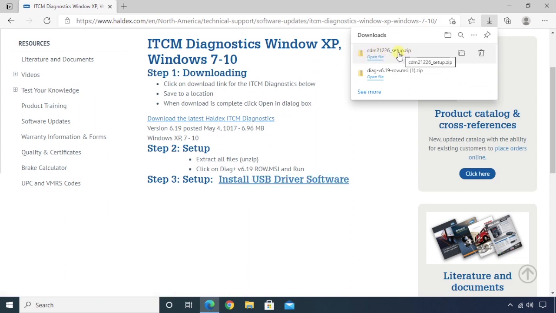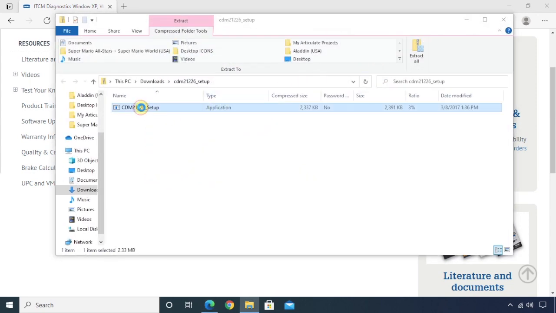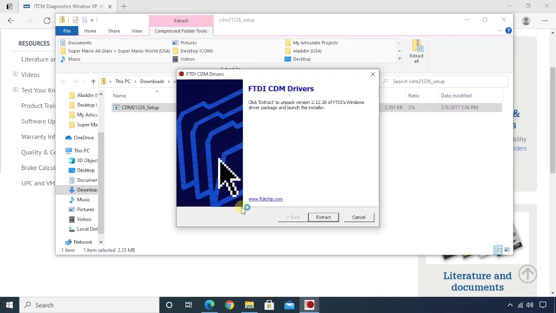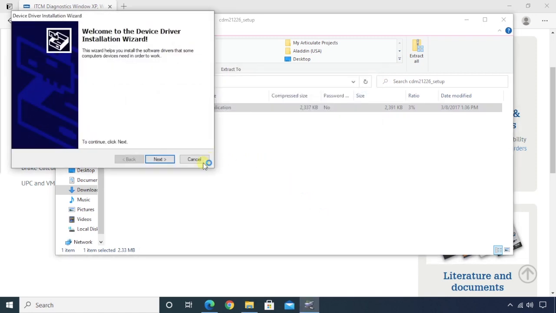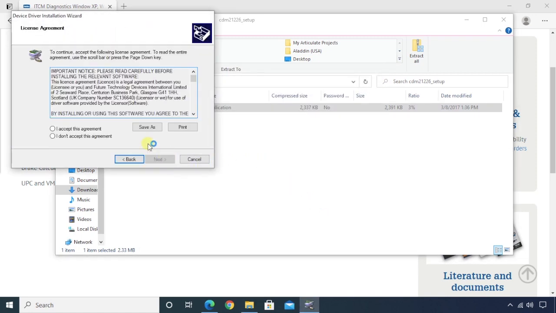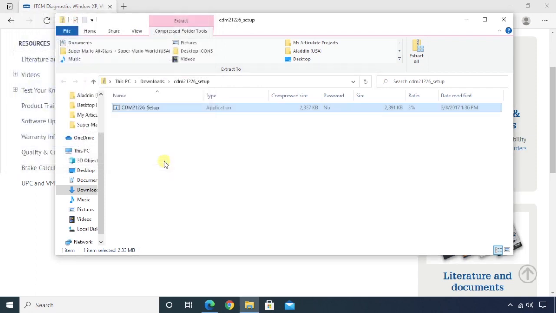Once the download is complete, select Open File or navigate to where the zip file was saved and select the CDM Driver Install Wizard. Again, follow the prompts and license agreements to continue with the installation. If a Windows notification appears, click Yes or OK to proceed. After drivers are successfully installed, select Finish to close the installation wizard. Navigate back to your desktop